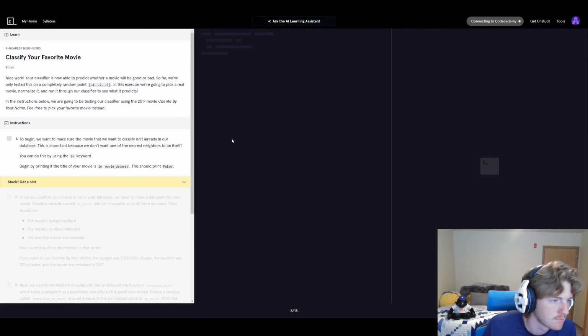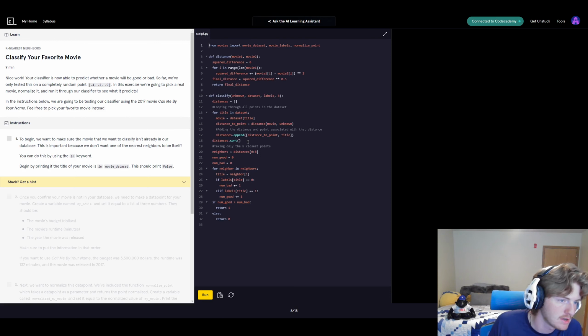Cool. Classify your favorite movie. Now your classifier will be able to predict whether a movie will be good or bad. So far we've only tested on a completely random point. In this exercise we're going to pick a real movie, normalize it, and run it through. In the instructions below you're going to be testing your classifier using the 2017 movie Call Me By Your Name. Feel free to pick your favorite movie instead. To begin, we want to make sure that the movie we want to classify isn't already in our database. We can do this by using the in keyword. Begin by printing if the title of the movie